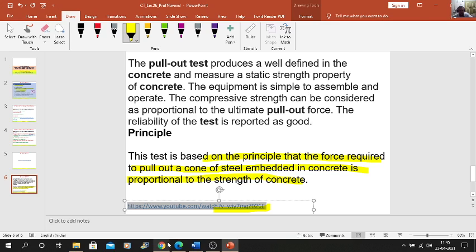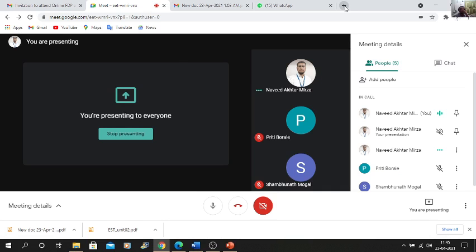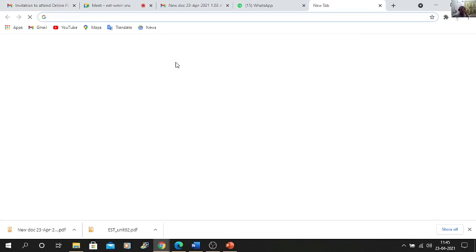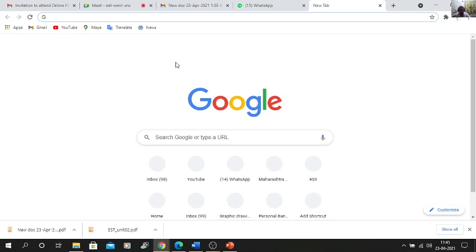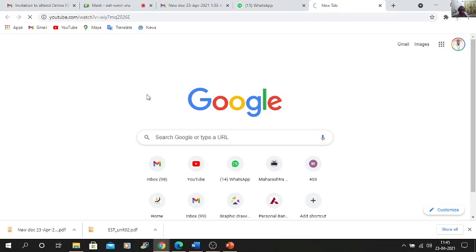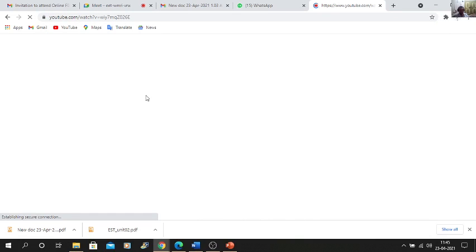You can easily see the video of how the pull-out test on the concrete is to be performed. Wait a minute, maybe the connection is slow.